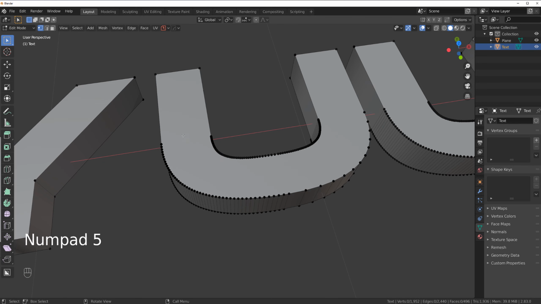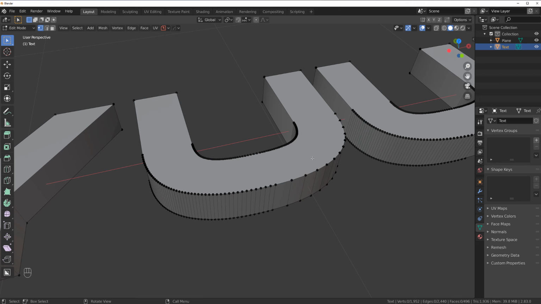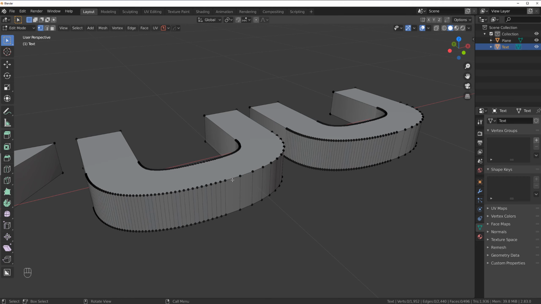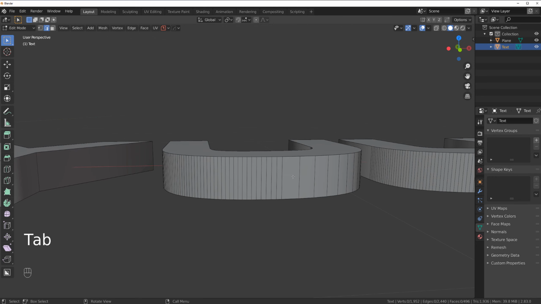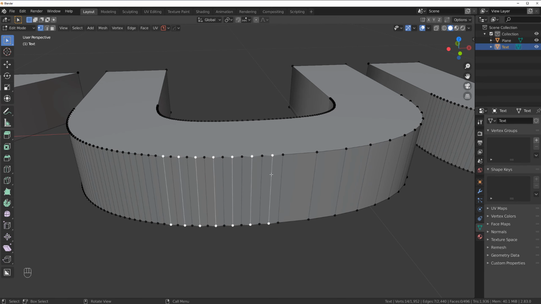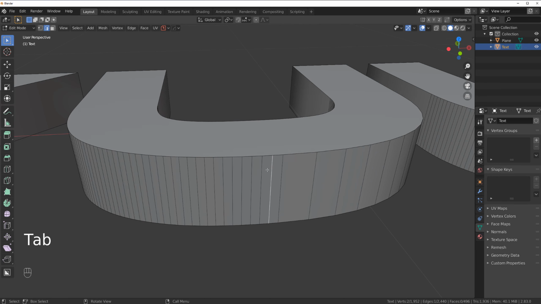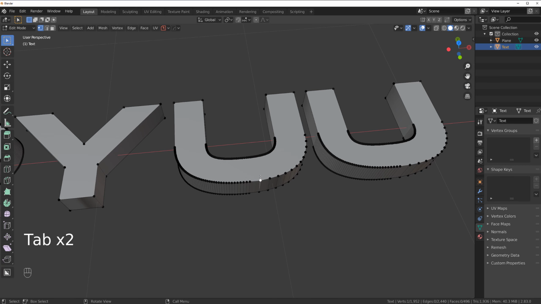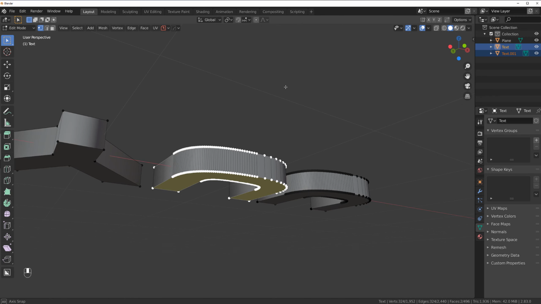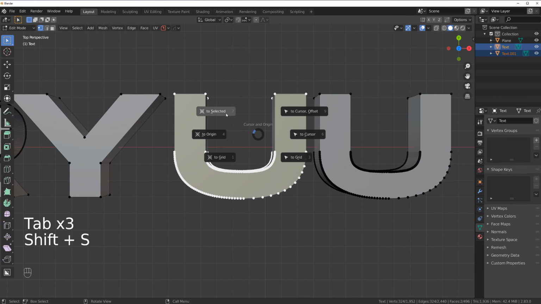I have no idea why Blender creates these letters in this fashion, that one side has more segments and the other doesn't. To be precise, I should remove these edges, but see that the distance between edges here on the other side is a bit different. So we could remove this manually, but what we could also do is Ctrl L this and P to its own selection. Right now we're gonna select these two, all of these edges, and Shift S and cursor to selected,